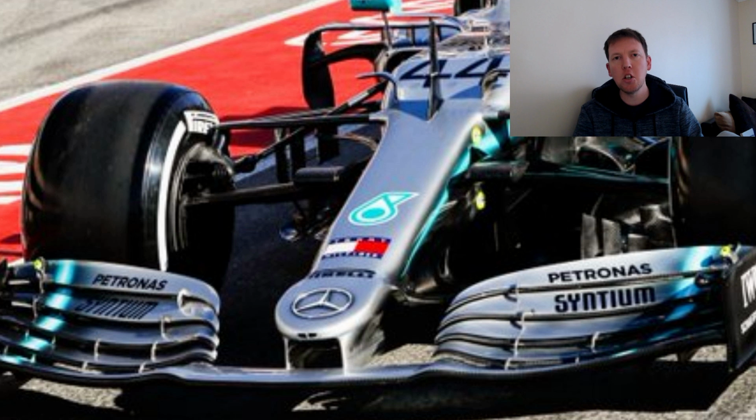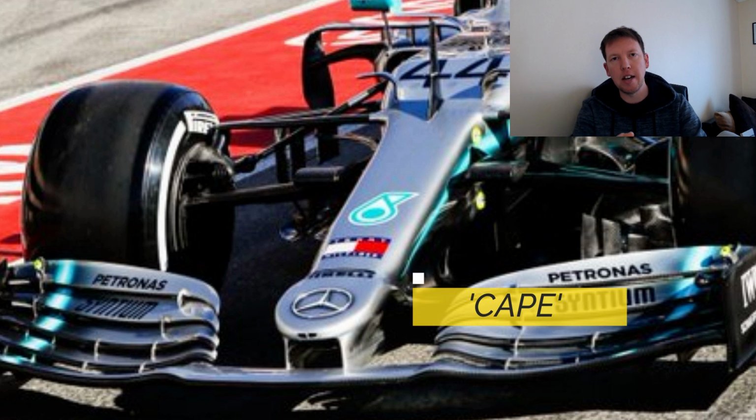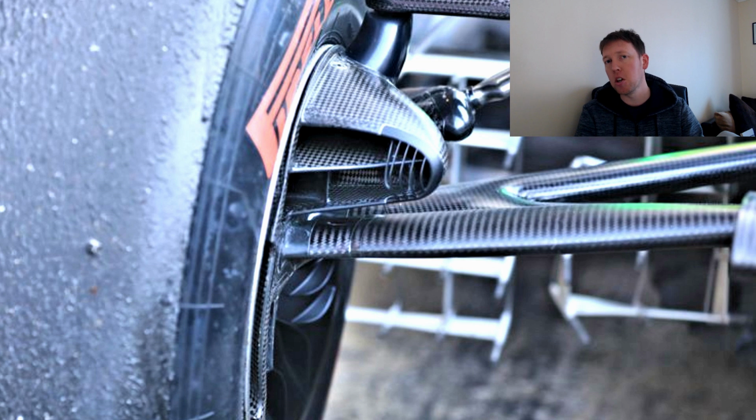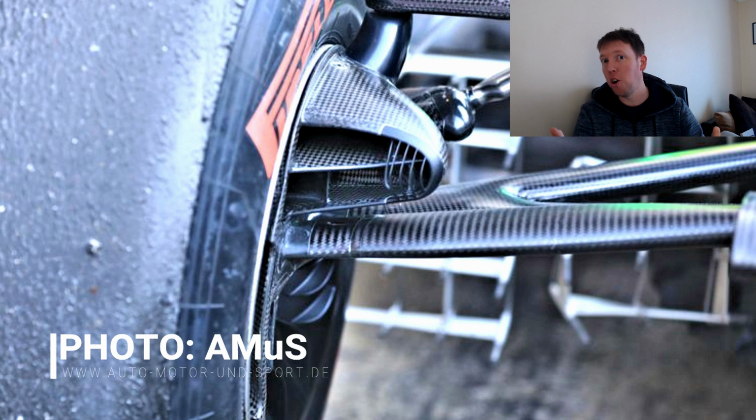And theirs has changed shape in order that it funnels in towards the cape, which is set out just behind it. And the idea of that obviously is to help improve the flow structures in and around that area of the car. Just tie it in with the cape and help the flow managed around the chassis itself. I think something else that's important in that particular area of the car, and is a development that we're starting to see appear on other cars as well, and I think the entire grid will jump upon at some stage,